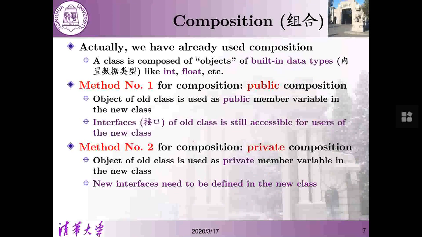So actually, we have already used composition before. We used composition to define a class with built-in types, right? We use built-in type objects to compose a new class. So we have already used composition in this way, okay? For composition, we have two types: one is public composition, another one is private composition. Actually, we can also have a protected composition,